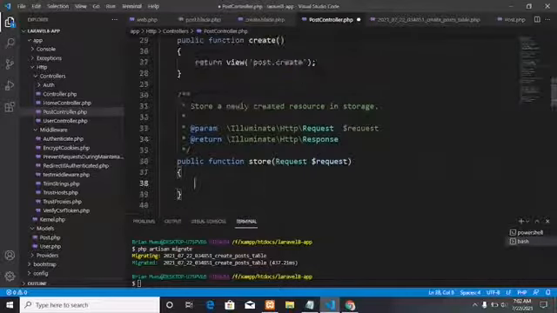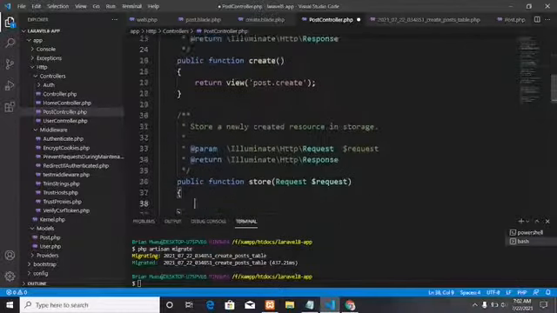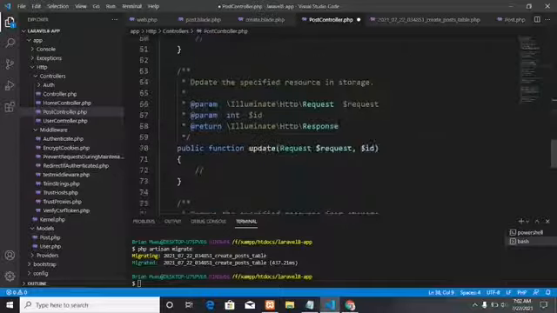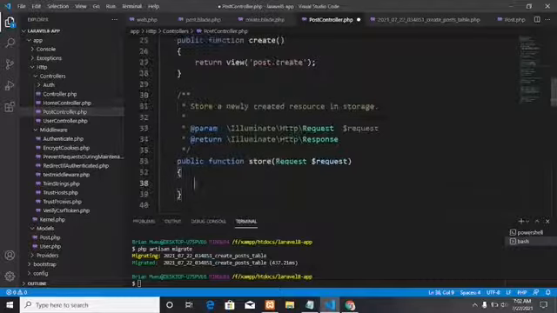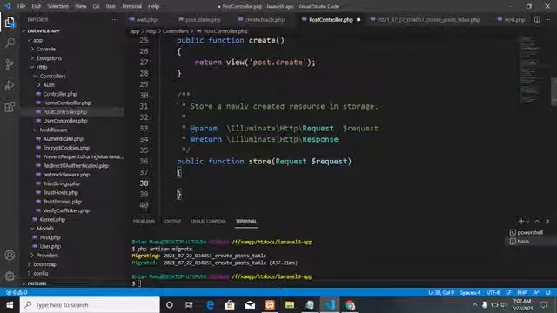Now remember, this is the CRUD functionality in Laravel. If you have watched the earlier video on routing, I did this on how to create a post controller with a resource which comes with this CRUD functionality, that is the index, the create, the store, the show, the edit, and the update, as well as destroy. So this is now what enables you to create, for example, a blog or any CRUD application. So now in the store is where the posts are going to be validated, and then they are going to be created in this particular